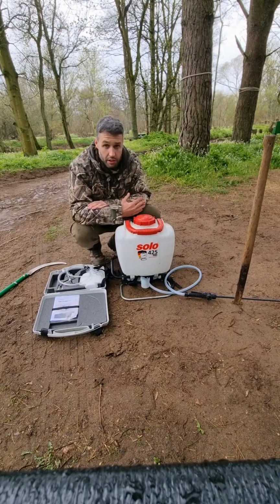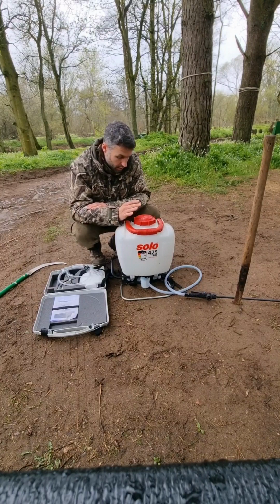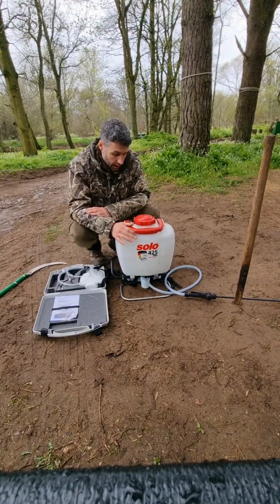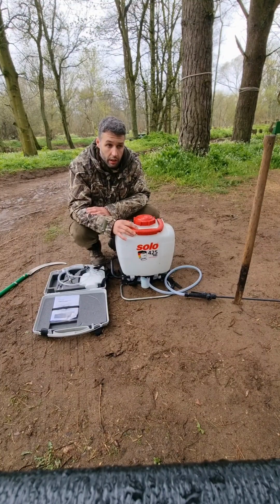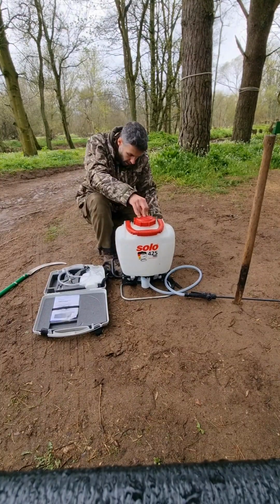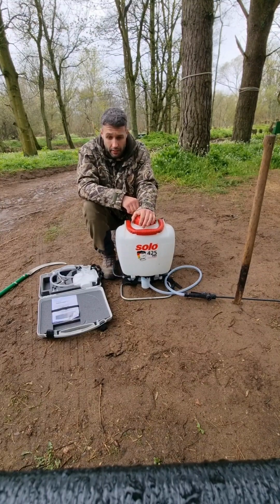In my time here managing this piece of ground, I have done an incredible amount of spraying with herbicide from one of these things. I decided a couple of years ago that I wasn't willing to keep using that to the same degree which I had been previously, and that was basically, from a health point of view,